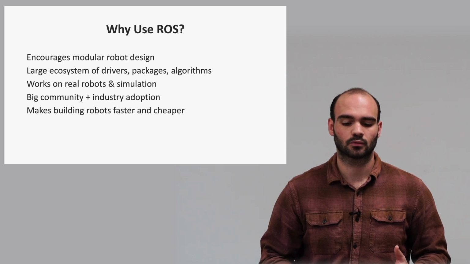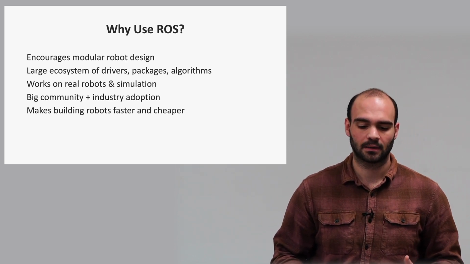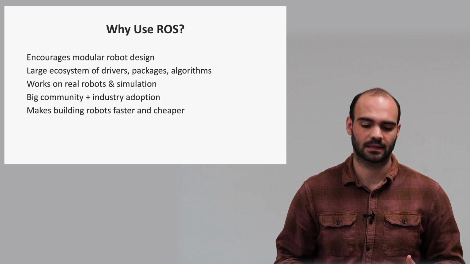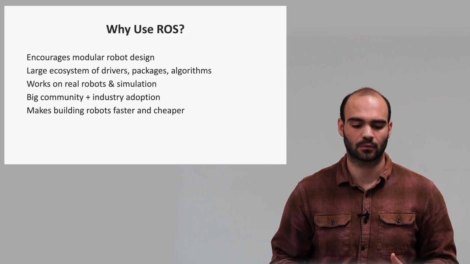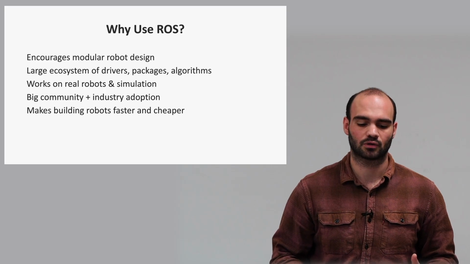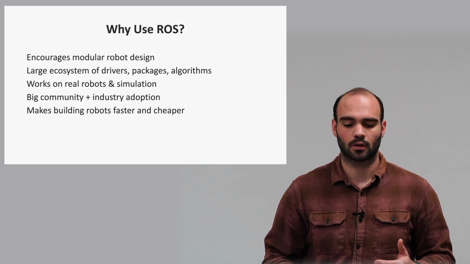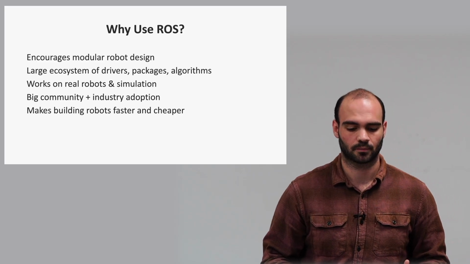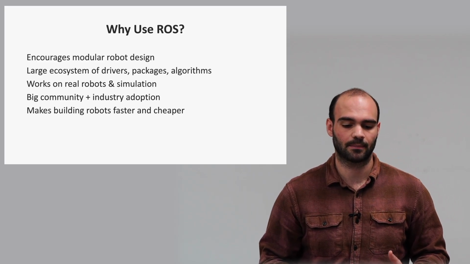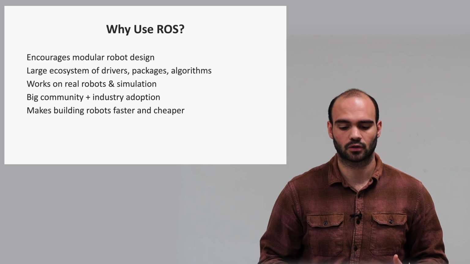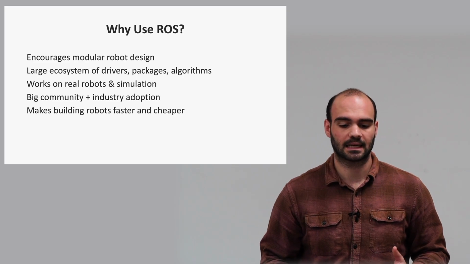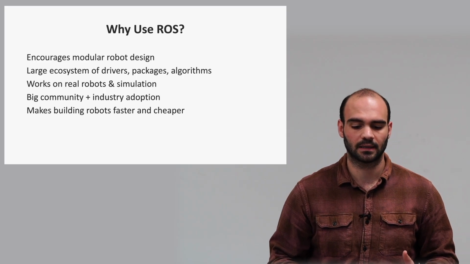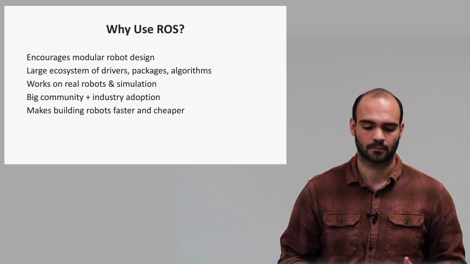ROS started around 2010 and became the standard for research robotics. But ROS 1 had some limitations. It wasn't designed for real-time control, security, or multi-robot systems. So the community created ROS 2, a major redesign that fixes these issues. Today, ROS 1 is in maintenance mode, while ROS 2 is the future. Examples of ROS 1 versions include Kinetic and Melodic, with Noetic being the final long-term release.